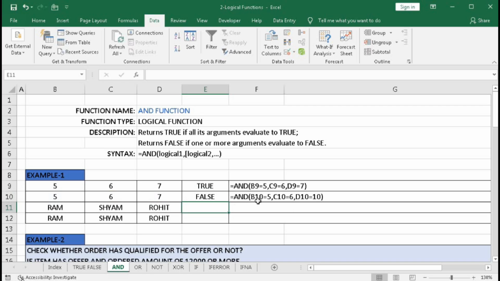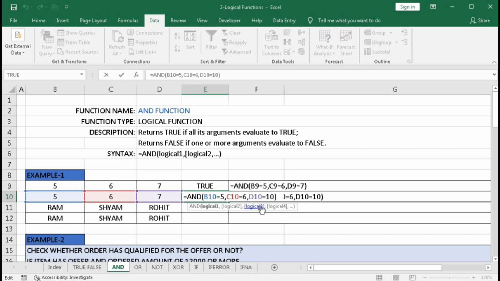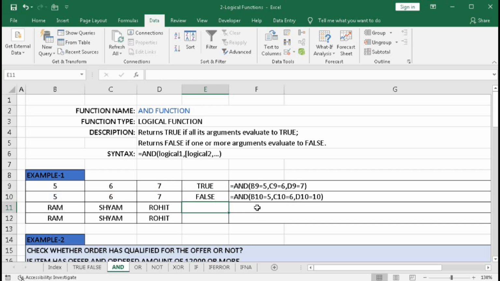You can see B10 equal to 5, C10 equal to 6, these two are correct, and here the last logic is incorrect. Here it is 7, we have given 10. So we got one false, the last one, that's why it is returning false.